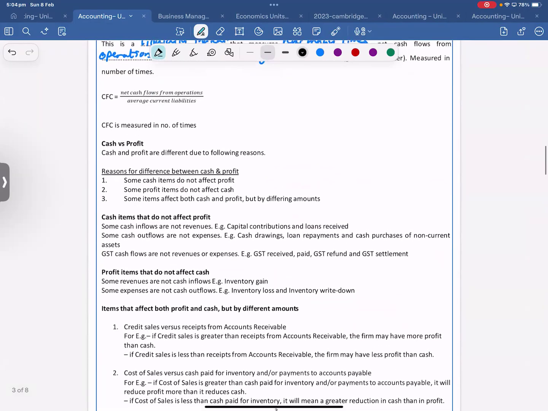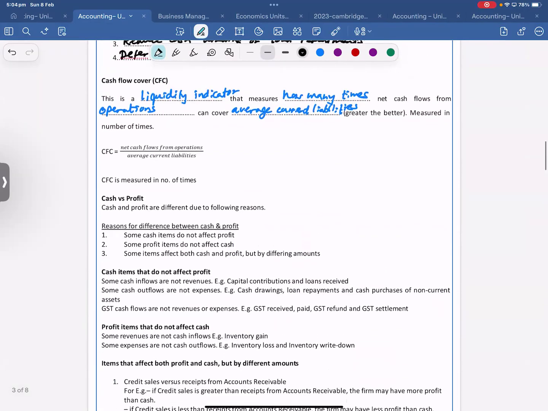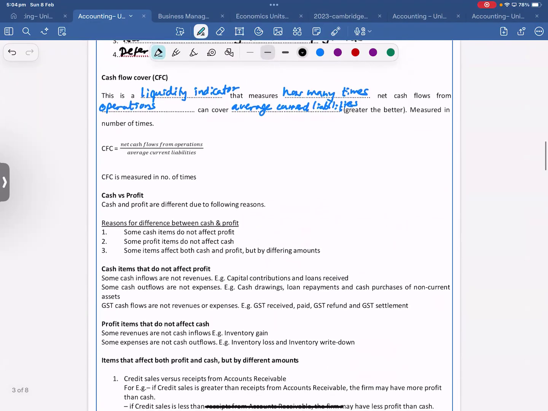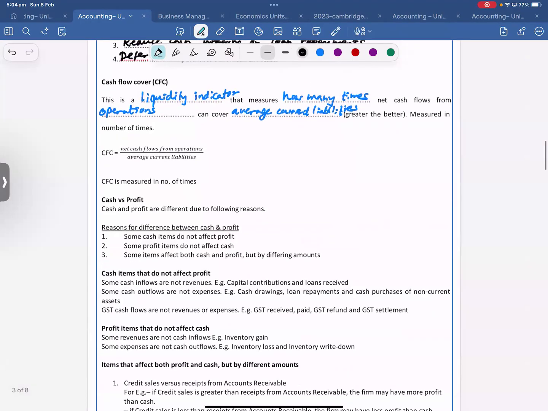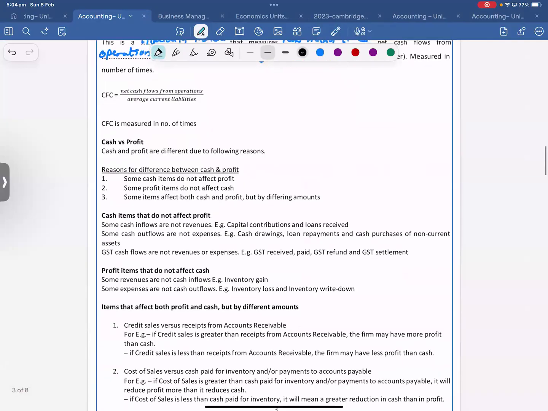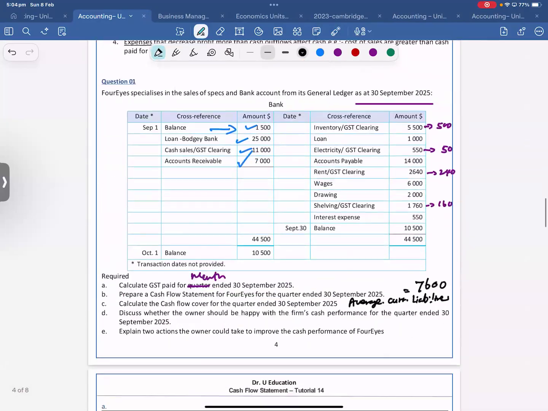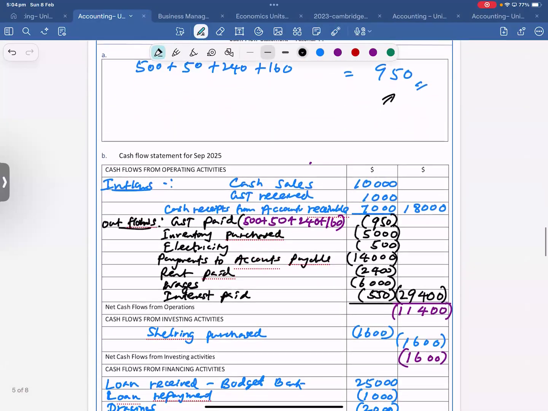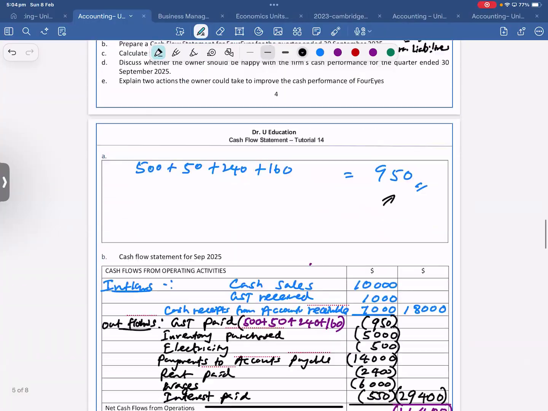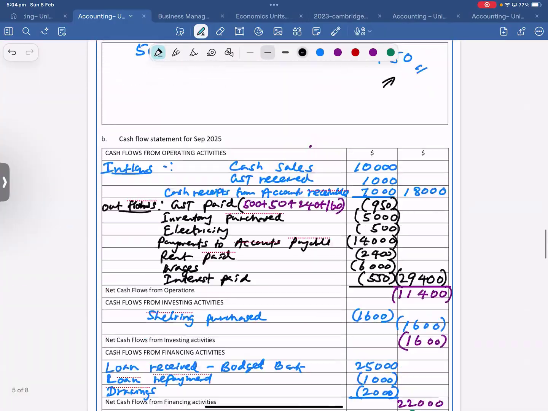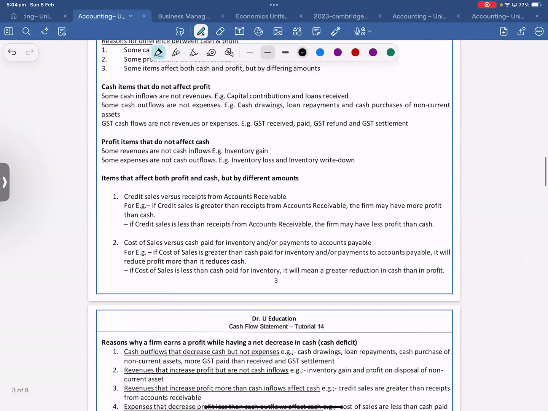Give me a minute. Others, please read the cash flow cover we did. We calculated the cash flow cover, yes. And please read